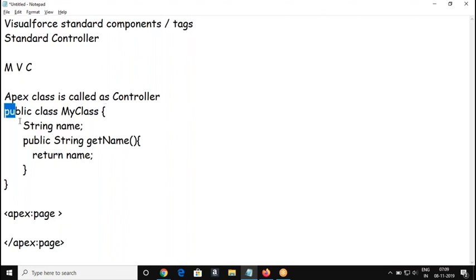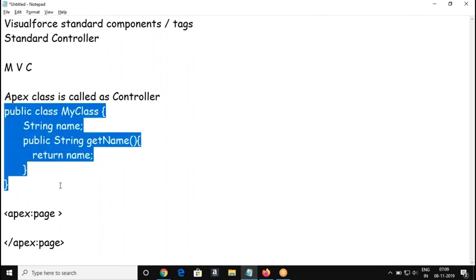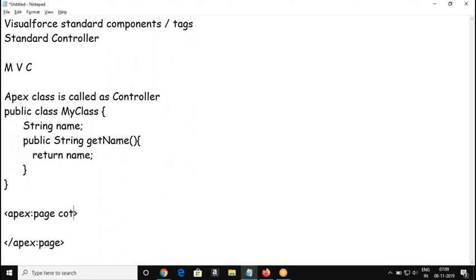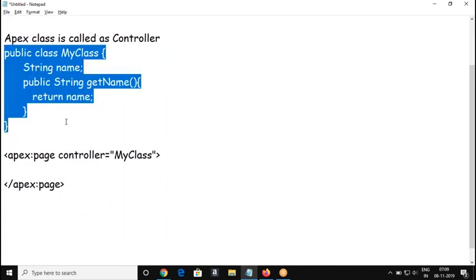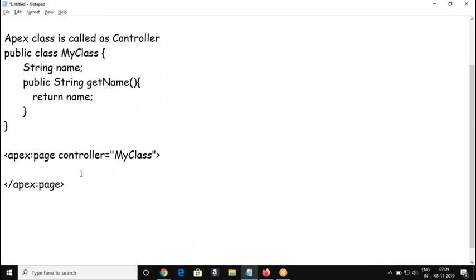How am I going to connect this controller and the Visualforce page? By using an attribute called the controller attribute. I provide here the name of the class. That's the first step you will do. So this is my Apex class and this is my Visualforce page. How do I make a relationship between these two different modules? By using the controller attribute and giving the name of the class.